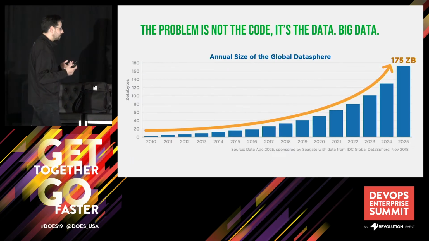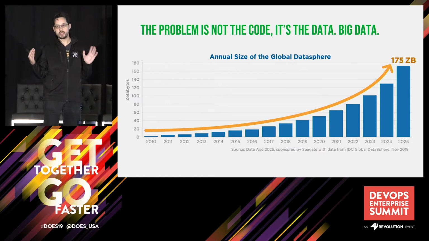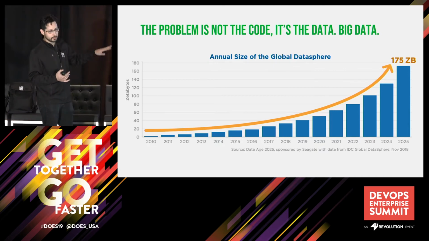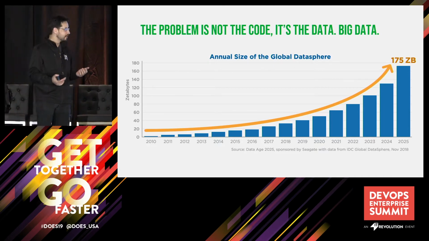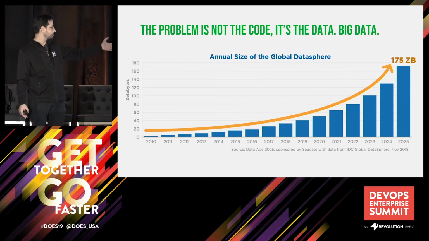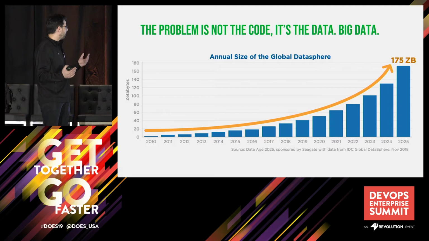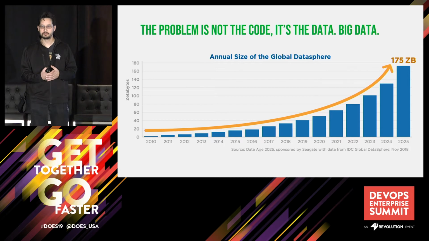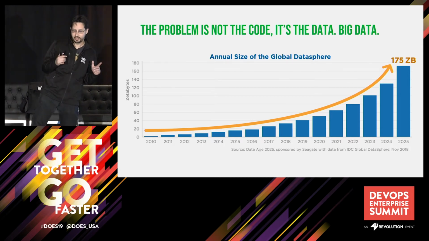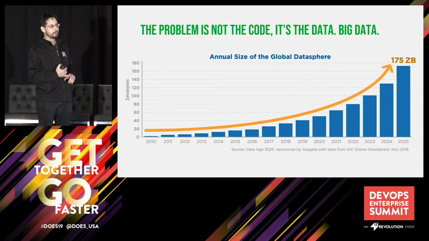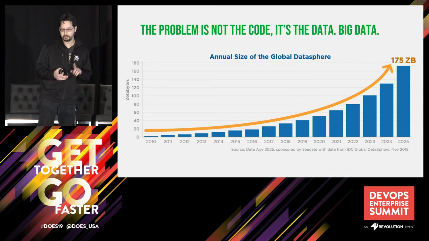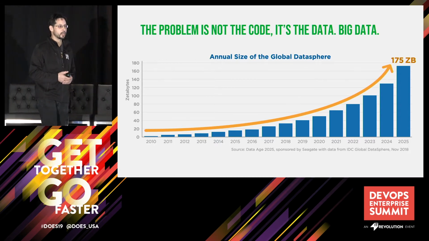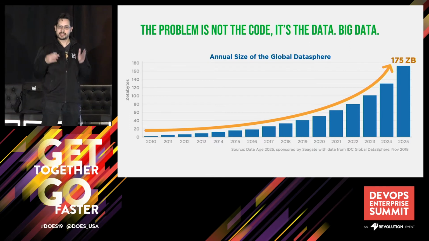And the other aspect of this is data. So the amount of data in the world is increasing exponentially. This is some data from Seagate, so arguably they sell storage, they predict high. But this isn't too far off, right? So we already know in 2017 that we have over 20 zettabytes. Does anyone know what a zettabyte is? A lot, yeah, okay. So the answer is a lot of zeros. If you know what a petabyte is, 1,000 petabytes is an exabyte, 1,000 exabytes is a zettabyte. So it's a lot of storage. And the prediction is by 2025, we're going to get to 175 zettabytes. So that's a lot of data.